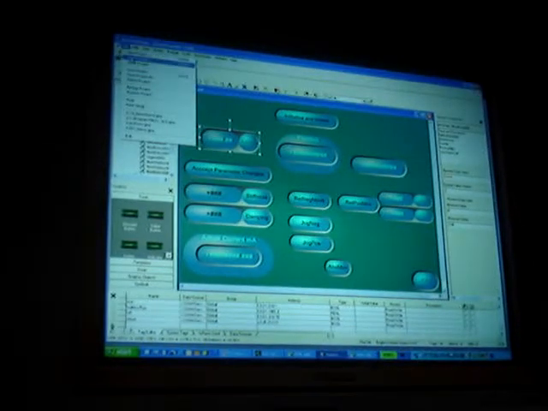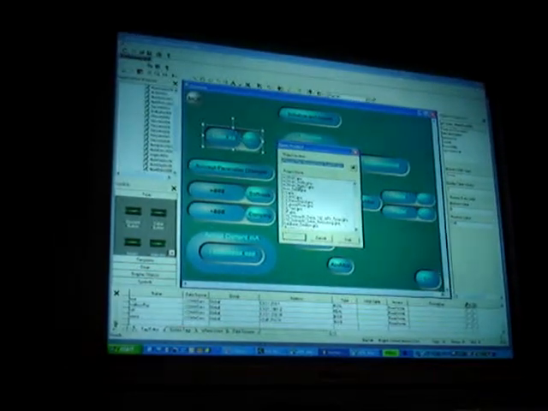Now the difference is if I open up my project for the ACR,